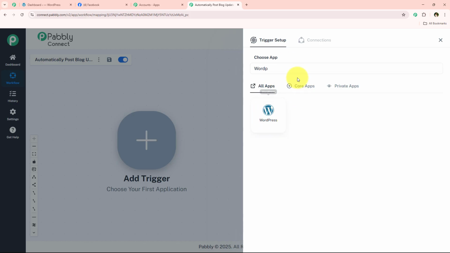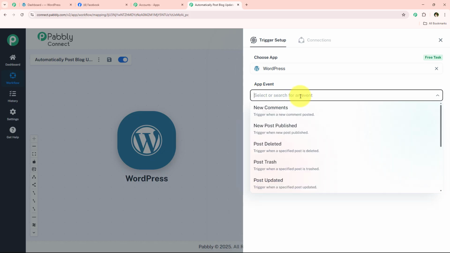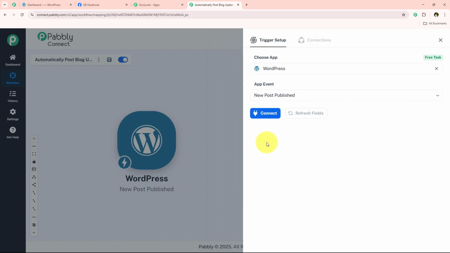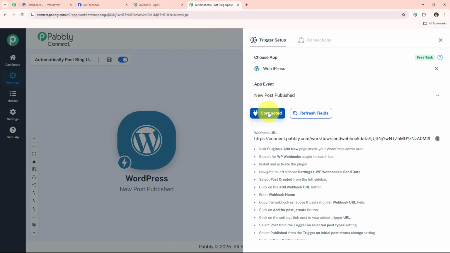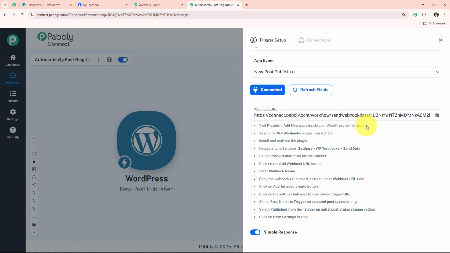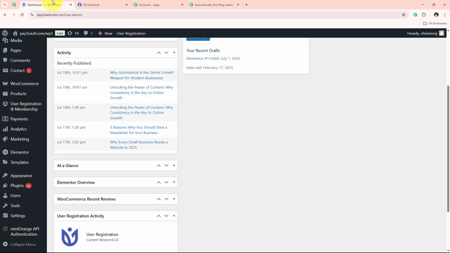So I'm just going to search for it and select it right over here, and now for the event I'm just going to simply select it as new post published, and now I'm just going to click on this button which says connect. And now in order to connect my WordPress account with Pabbly Connect, over here we have received this webhook URL. So I'm just going to simply copy this webhook URL,